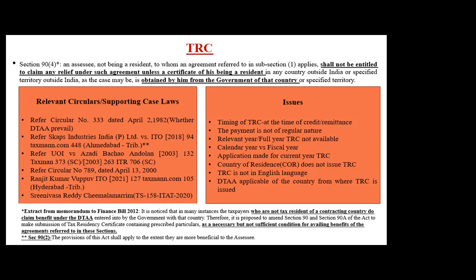Now, calendar year versus fiscal year. For most places, such as Singapore or the USA, we have calendar years. For some countries, we have a fiscal or financial year. UK works on a financial year, and India works on a financial year. So there is a gap of 3 months, 9 months plus 3 months. One view is that you can issue a proportionate certificate: on the TDS for which the TRC is available, you give treaty benefit, and on which TRC is not available, you don't give treaty benefit.